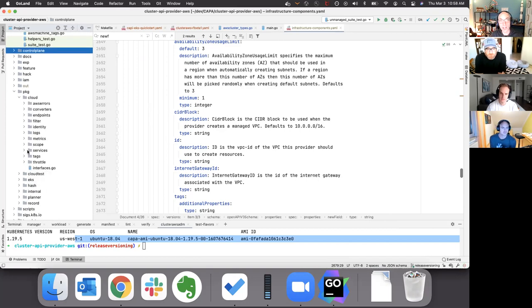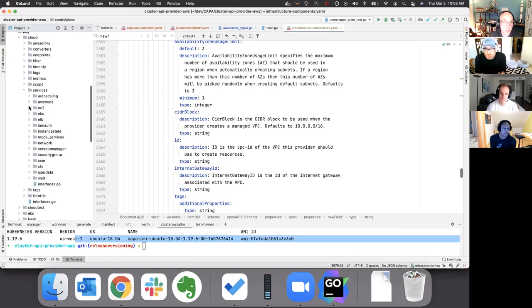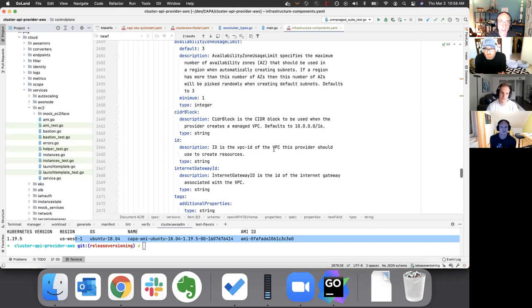It would be great to offload that to ACK, for example. There were discussions around Crossplane, things like that, but ACK is probably a better fit considering this is the Amazon provider. What about things like